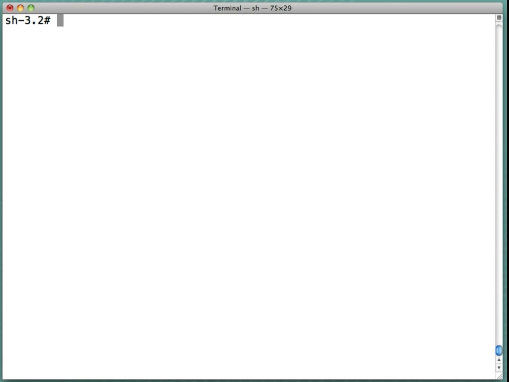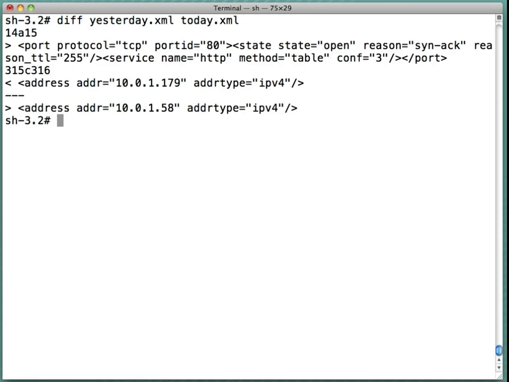Now, we did look at differences back in episode 1 and 2 using tools like the Diff tool. And I can even use something like that here. I could say, let's diff yesterday, that's our baseline, with today, and it shows me what's changed. It shows that on line 14 and 15, there's been this adjustment. This new line is in, and this line has been taken out from 315 and 316, and this line has